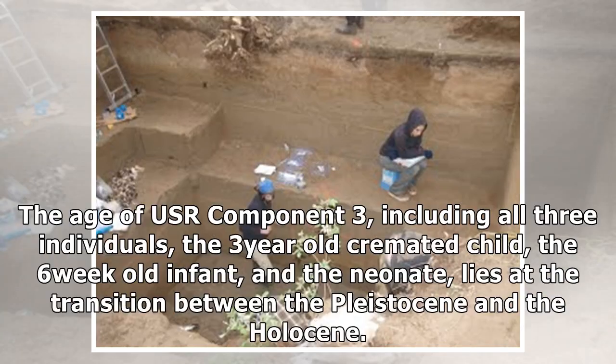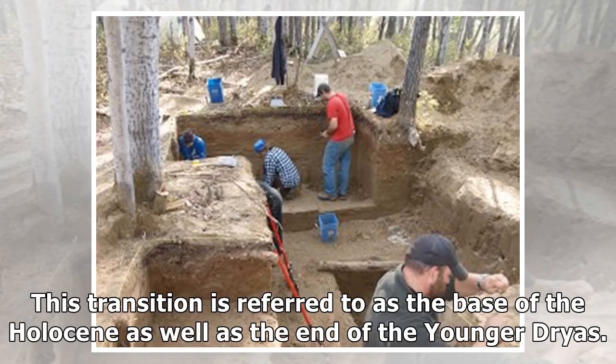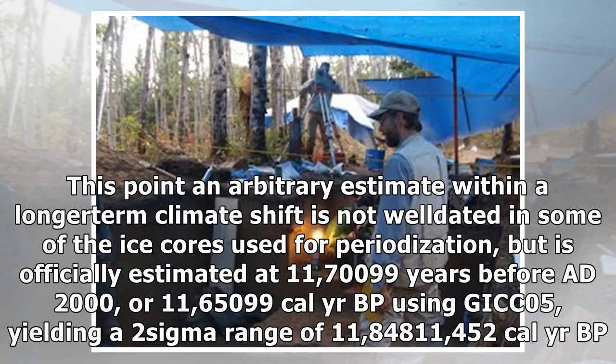The age of USR Component 3, including all 3 individuals, the 3-year-old cremated child, the 6-week-old infant, and the neonate, lies at the transition between the Pleistocene and the Holocene. This transition is referred to as the base of the Holocene as well as the end of the Younger Dryas. This point, an arbitrary estimate within a longer-term climate shift, is not well dated in some of the ice cores used for periodization, but is officially estimated at